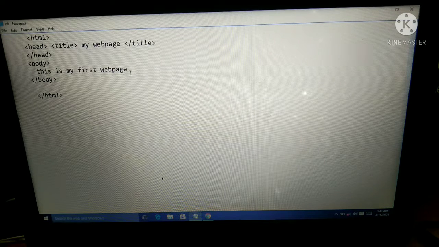So if we want to change the writing like bold, italic, we have to enter some tags and syntaxes. So for this, if we want bold, we can write B. We can write this is my web page, then bold, close.